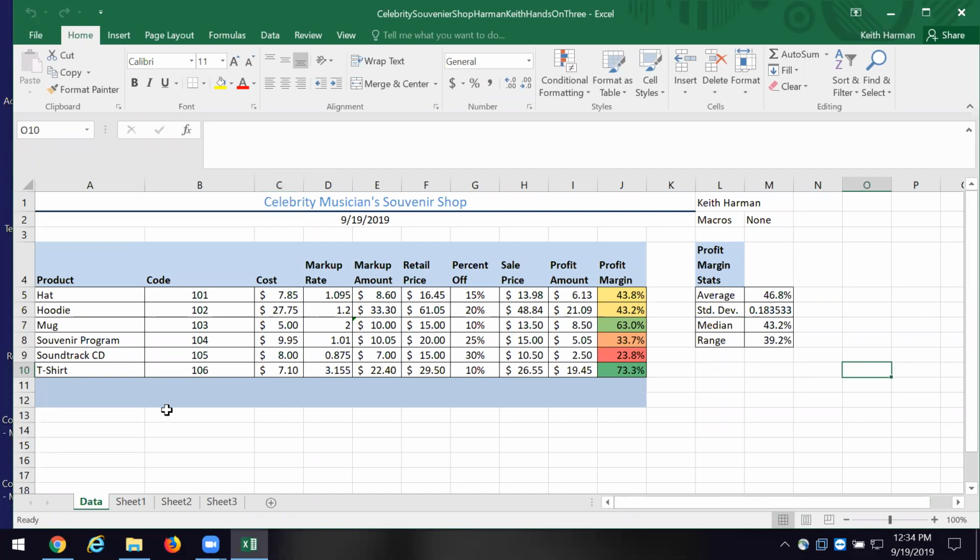Here is our Celebrity Musicians Souvenir Shop, the spreadsheet. We've been working on doing some different things with it. And where I had stopped with this, we were using some conditional formatting to try to get a picture of how these data are aligned, i.e., which product offers us the highest, putting these profit margins into a relative order. Now, I want to spend a little bit of time on reverse engineering, and then we'll start to work a little bit with page 343 in the POTSI book.